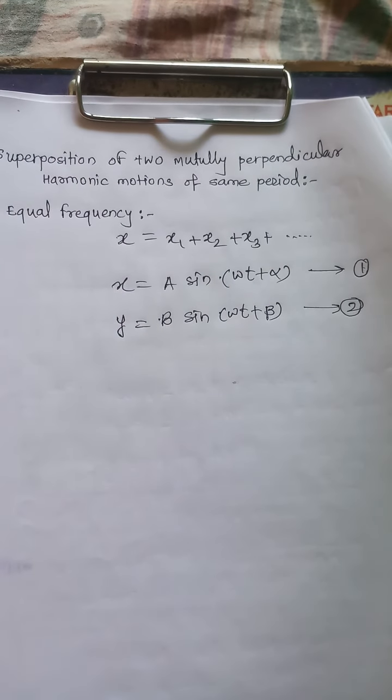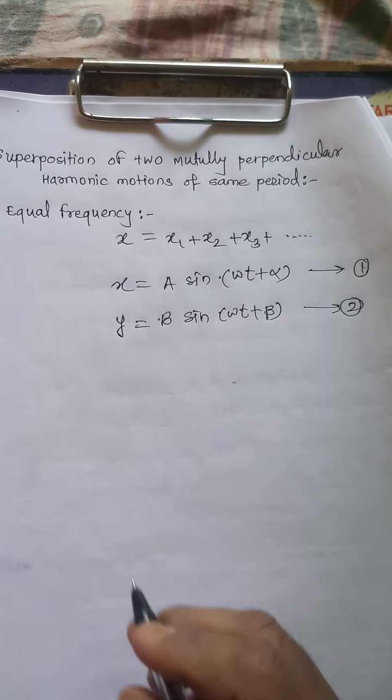Here in these two equations, the particle moves in a plane in such a way that its two coordinates, x and y, oscillate with simple harmonic motions, and the equations are given by equations 1 and 2,